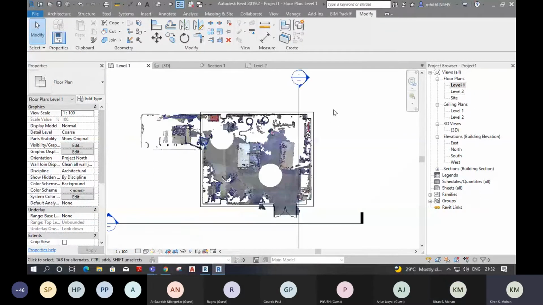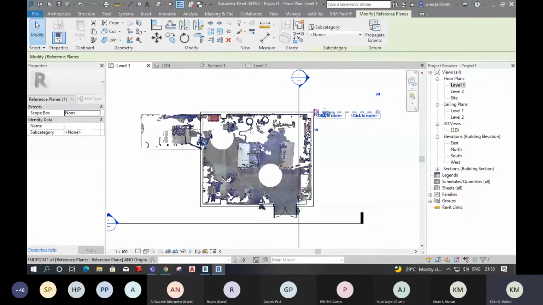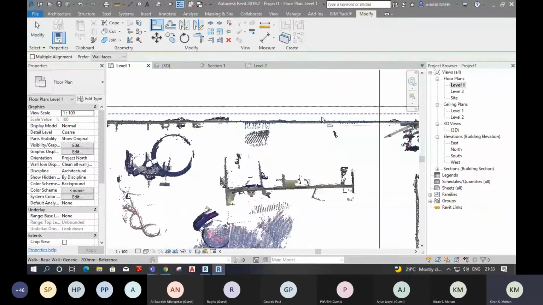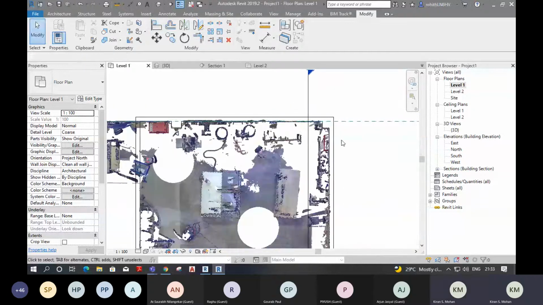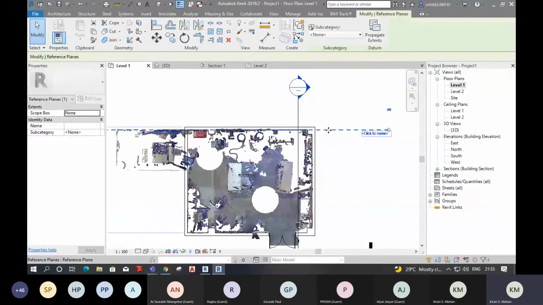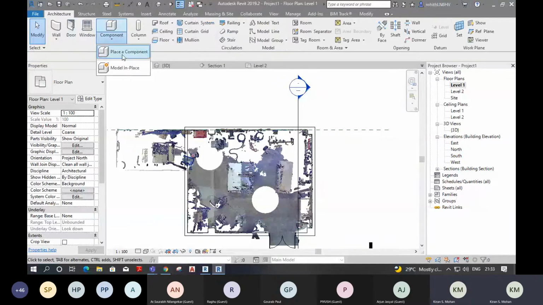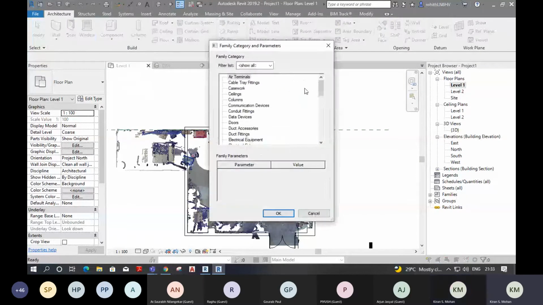Now I'm going to select that plane for making this. So go to component, select the framing option. Framing or generic model, anything you can select. Okay. Now set the work plane. Go to pick a plane, click on OK. Select this plane. So you're going to watch it from the north side. Click on open.